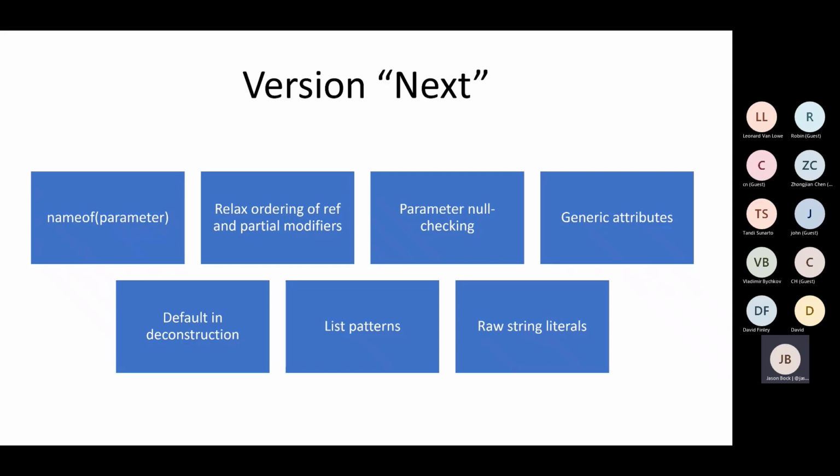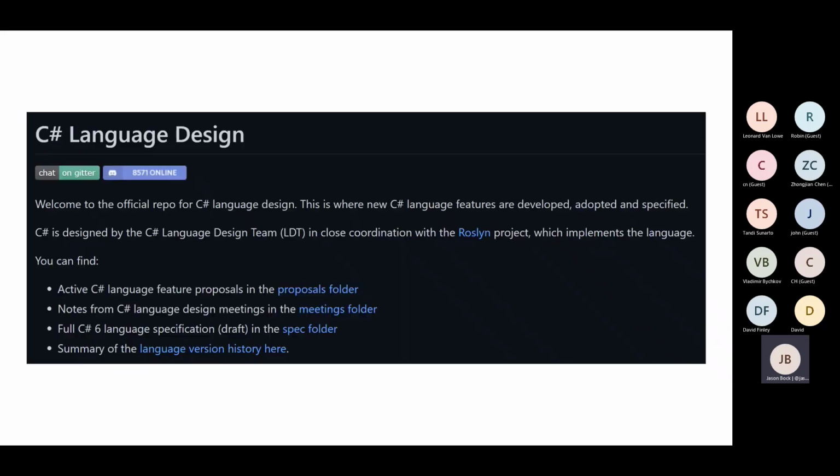Raw string literals is something that I hope they add in as well. That's a way for you to say, I want to define a string where I don't have to escape or do double quotes or anything like that. That feature I'm hoping makes it, because I think it would make a lot of things easier where you want to just have a string as JSON or a string as C# code, like I do a lot with source generators.